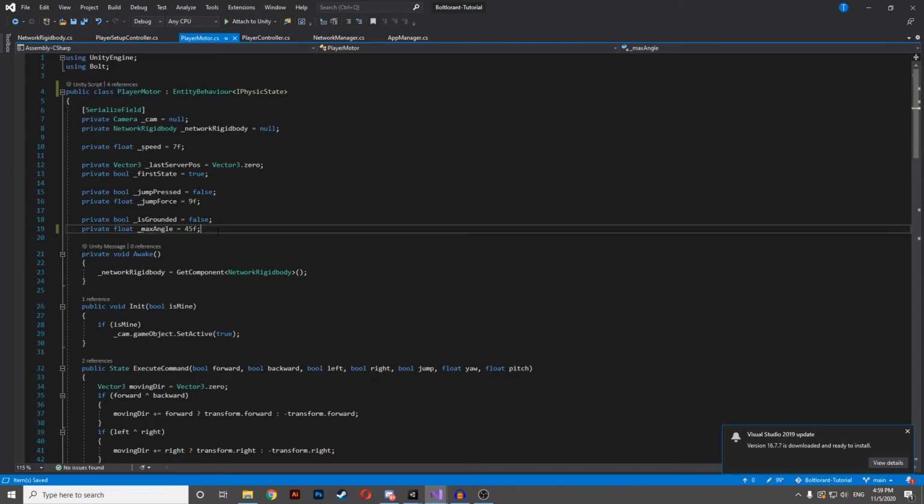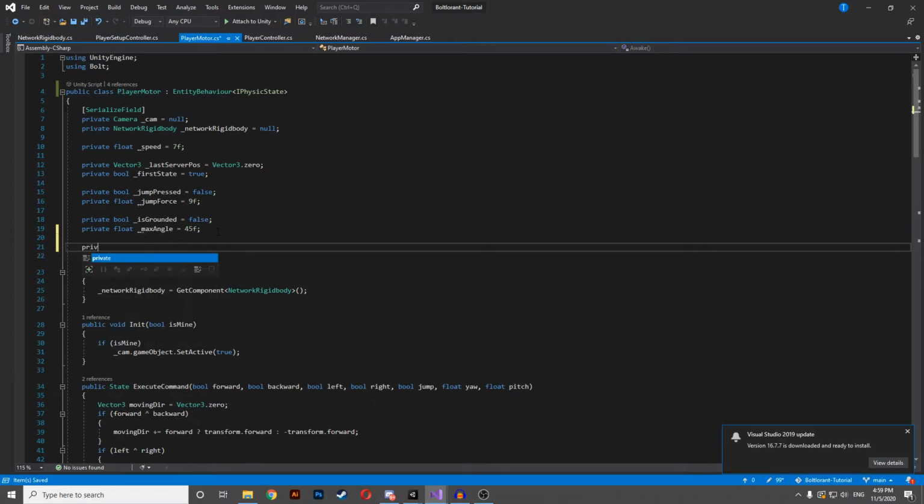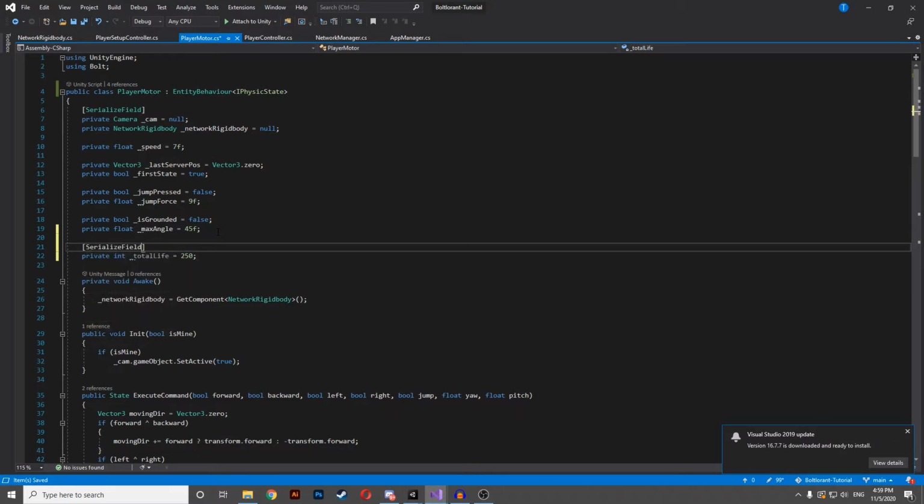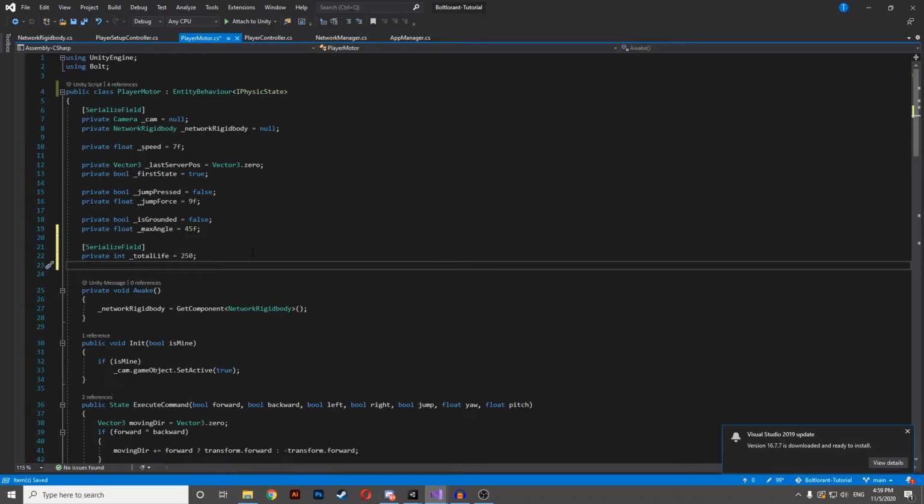in our player motor. We're gonna add a variable that we can change. This will be our total life, int total life, and this will be this amount. Let's make it serializable and make sure that we can access it from public int total life